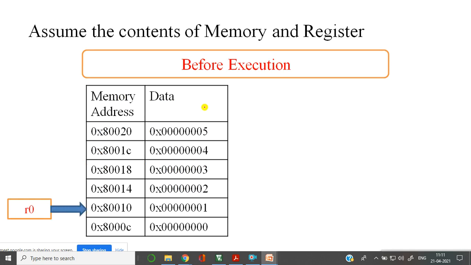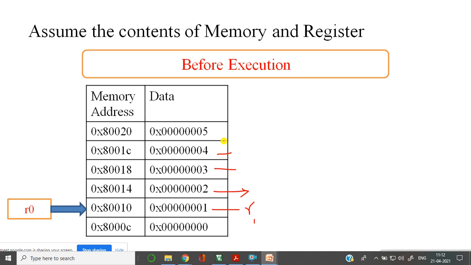Now I give you the problem statement this way, so that it will be very helpful for you. Right now I want to access this data into R0, sorry, R0 I already have an address location in R1, and this to R2, and this to R3, R4, and R5 as such.